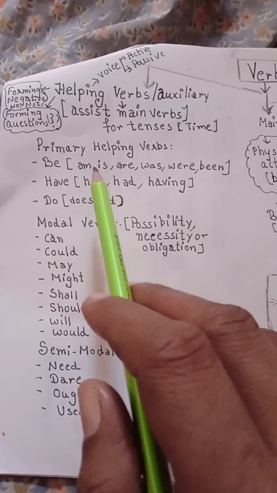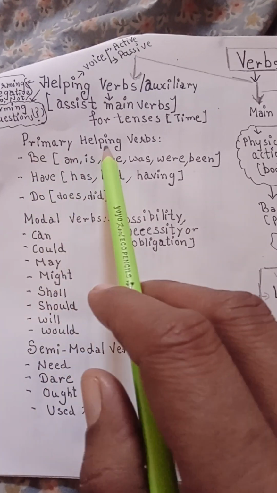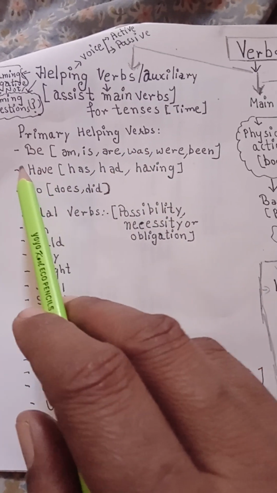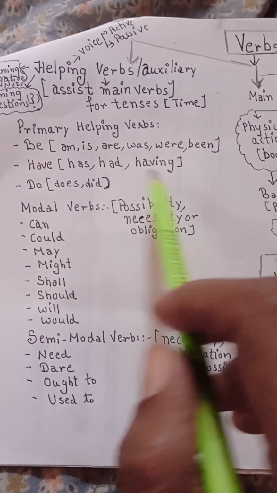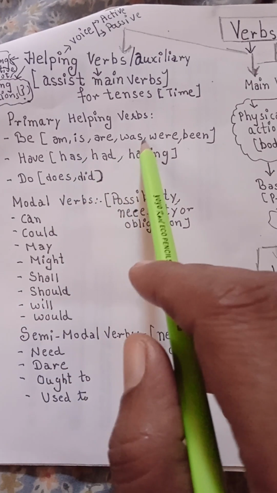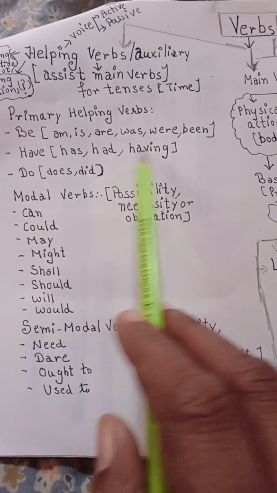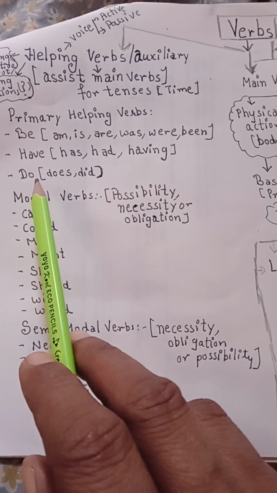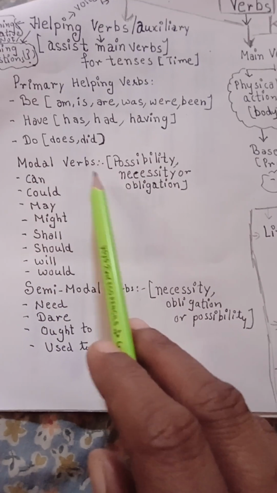Helping verbs are also divided into three kinds. Primary helping verbs. Here, look at this video. Be is the capsule of am, is, are, was, were, been. Have is the capsule of has, had, having. Do is the capsule of does, did. Modal verbs that are